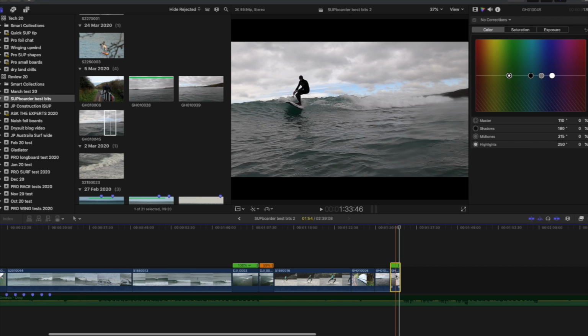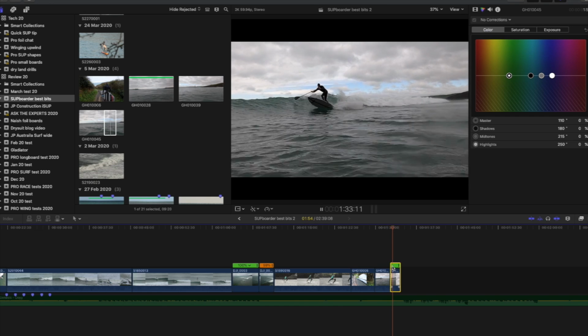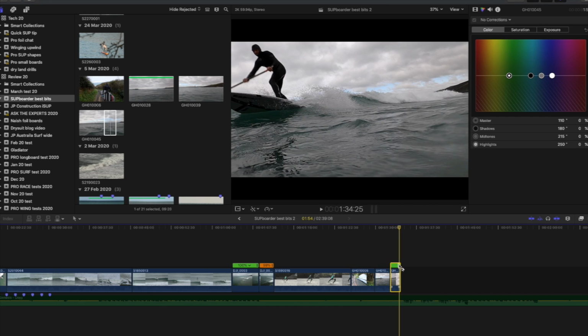Again, I'm not really telling you how to do stuff on the program. I'm just sort of showing you the sort of things you could do to make your shots a bit better. So I've got a little shot here of me doing a bit of a bottom turn and a bit of an up the top, basically pumping for speed. If we slow that clip down,